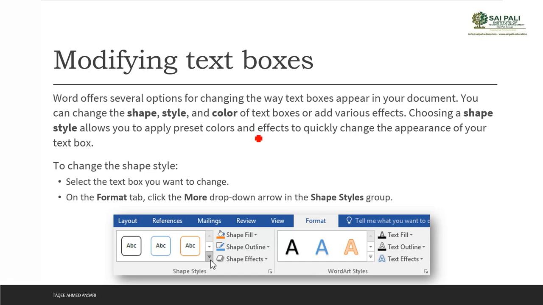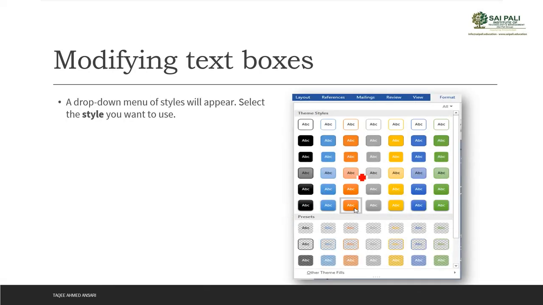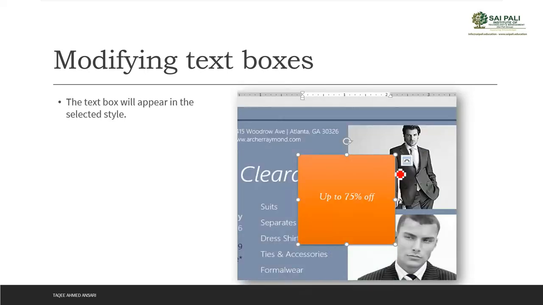So if you want to change the style of your shape, like color and all that, then first you select the shape, then this format tab will come. In the format tab, you have this shape style option. You can click directly on those styles, or you can choose to go for the more styles option, and then choose from there. Lots of predefined styles and themes are there, so you can choose from them.